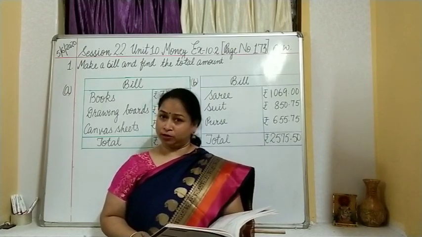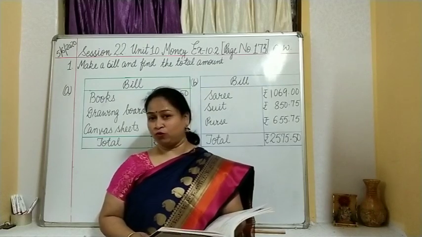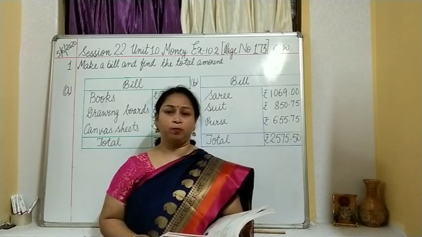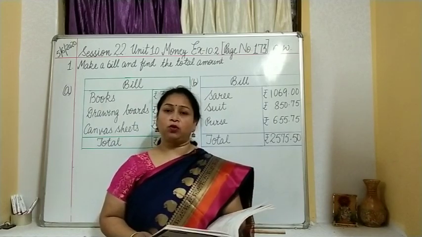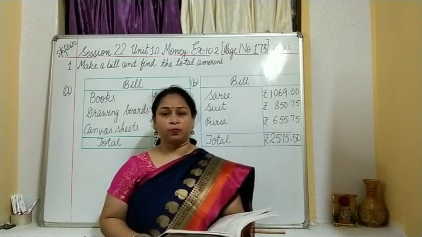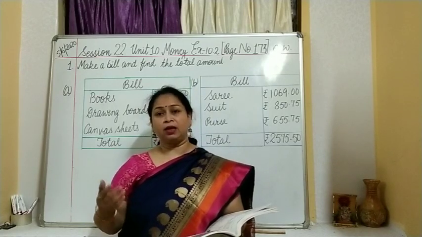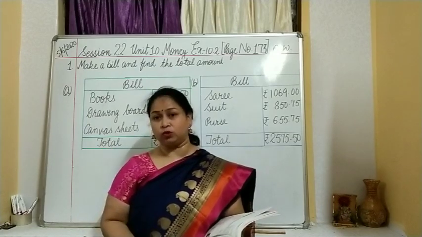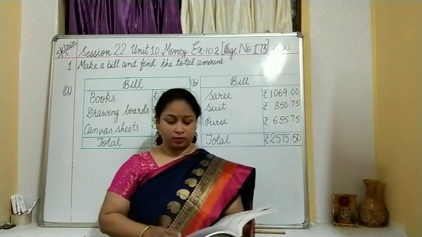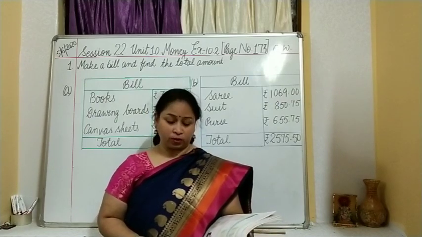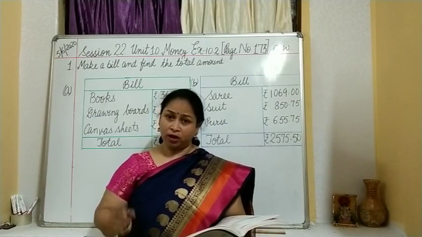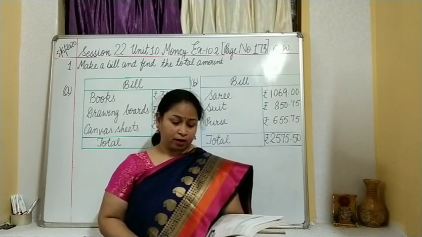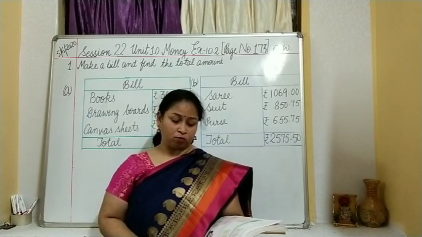You must be getting an electricity bill, a phone bill, or when you go and purchase anything from the shop, you get the bill, whether it is a grocery shop or you have gone to purchase your clothes. So you get a bill, and everything is noted over there. That means what you have purchased, what was the cost of that, all these things are mentioned. So as we are starting, we are going to take only the simple type of bills. That is why I have selected only 2 questions from question number 1.